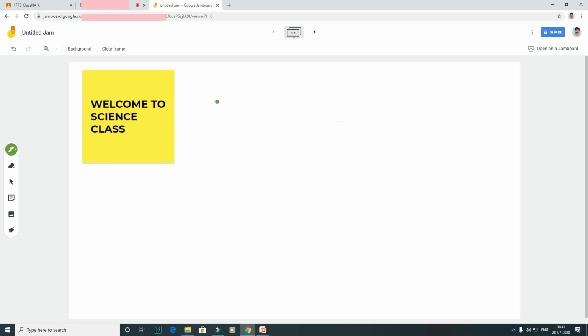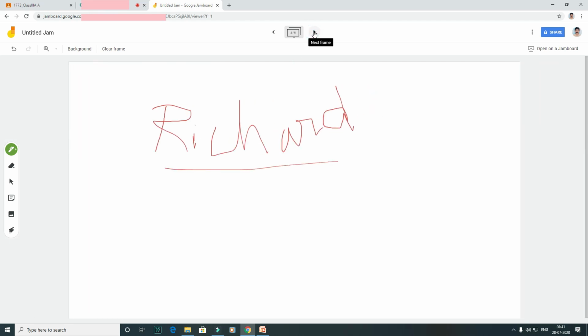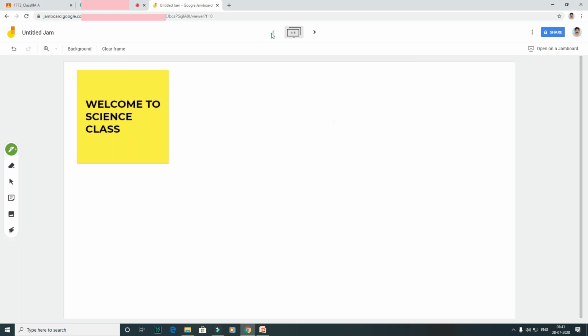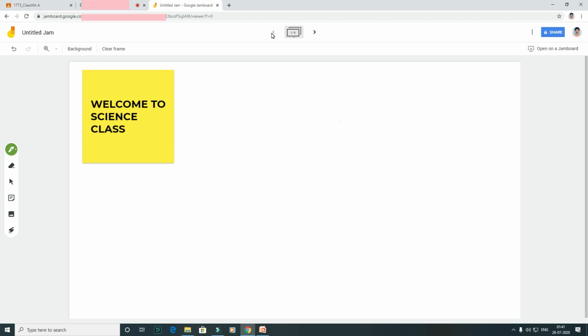So if you are writing something here on question answer, then you can go for the next one. After explanation you can go to the next frame. So accordingly you can write, and the backside frame will be in the saved position only. If you want you can keep it in the same position, saved position only. Now you come to the next one.